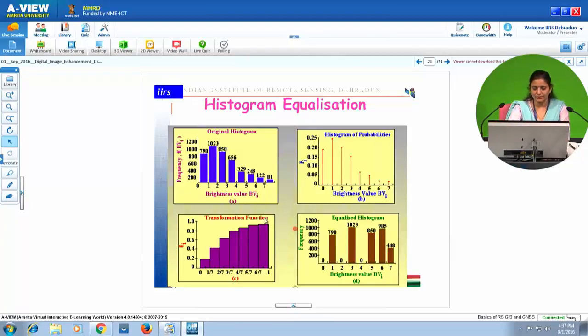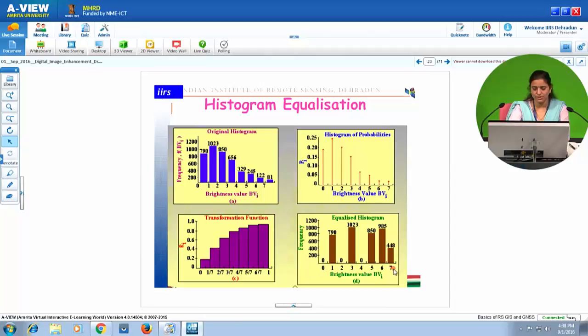Similarly, you can see here the tail part of the histogram, 81, 122, 245, all these have been clubbed here into a fewer number of pixels. 850 has come as 850, then 656 and 329 are now clubbed as 985, whereas 245, 122 and 81 are now clubbed as 448 pixels in brightness value 7.